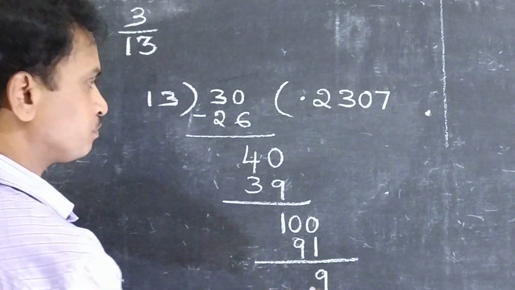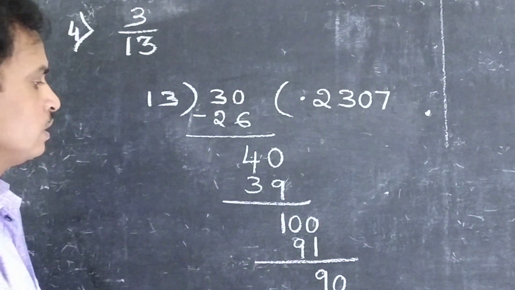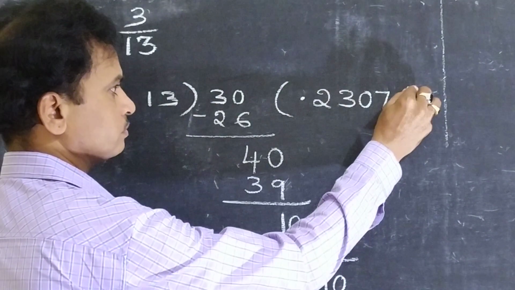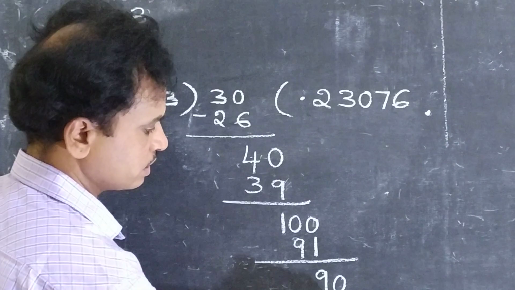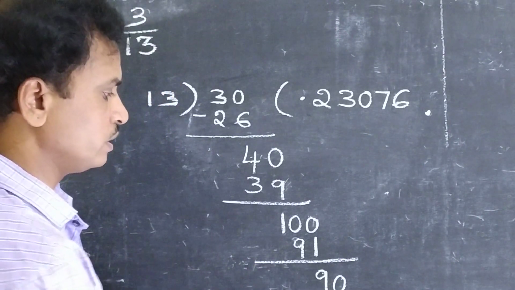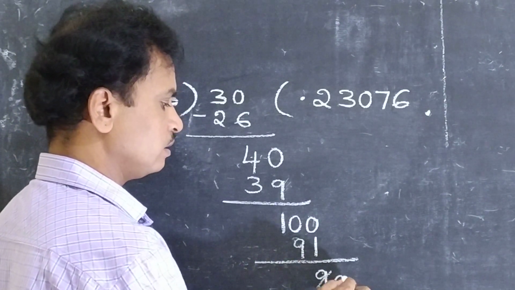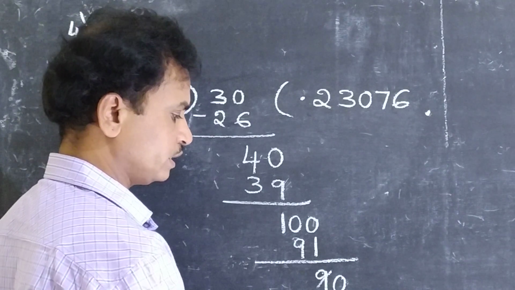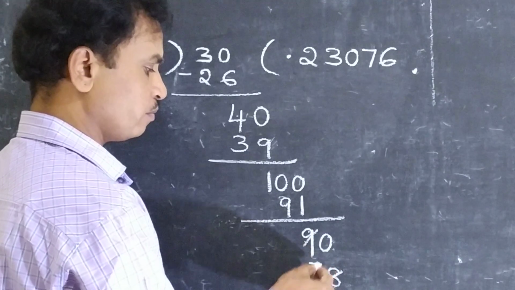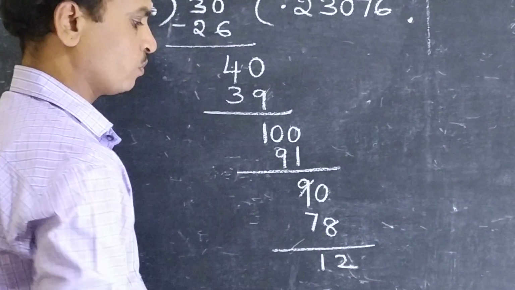Okay. Then already point is there. Then you should take 0. Multiply 13 6s are 78. So here 0 is there. So 1 you borrow from this side. It becomes 10. 10 minus 8, that is 2. So here 8 remainder. 8 minus 7, that is 1.